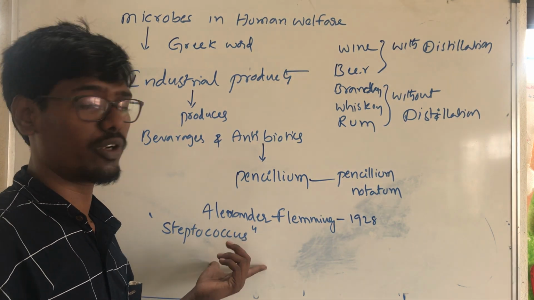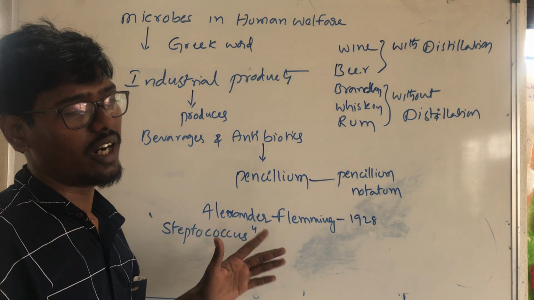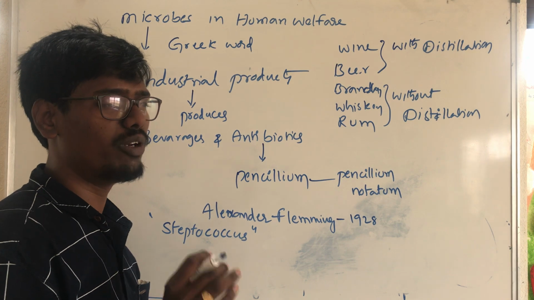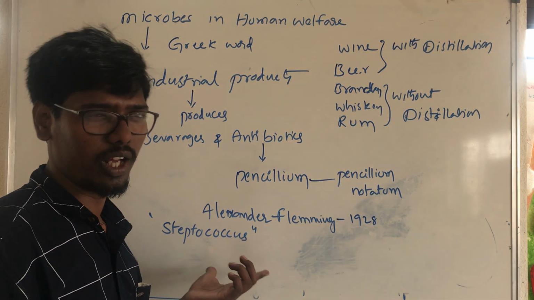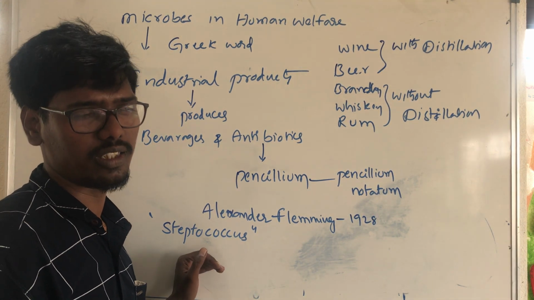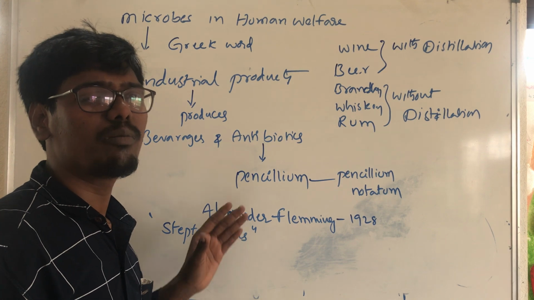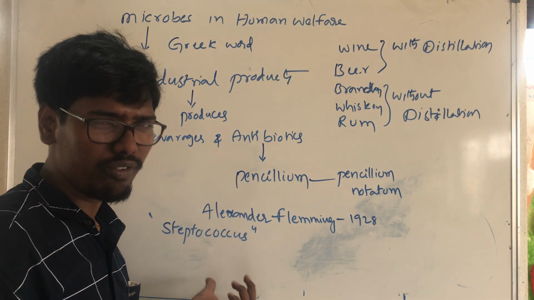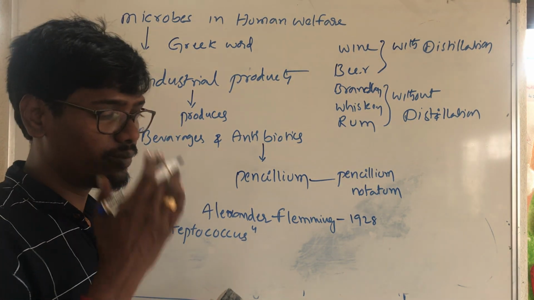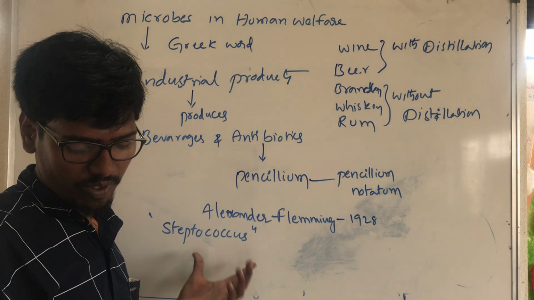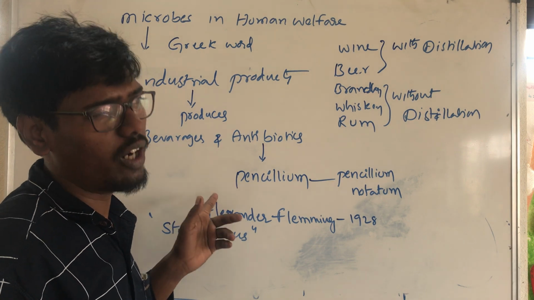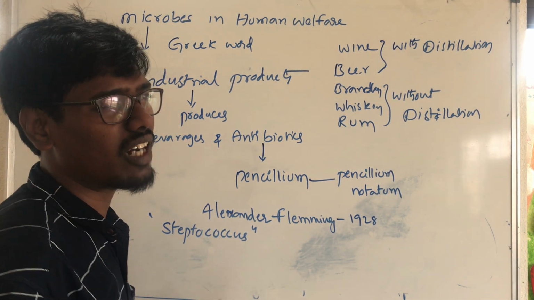He is observing the petri plate. At the same time, he is also observing that some amount of chemical is released by these Streptococcus microorganisms. So the Streptococcus microorganism did not develop on the petri plate, and at the same time they are releasing a good amount of chemical. That chemical is observed, and finally that is called penicillin. Finally it is converted to an antibiotic.